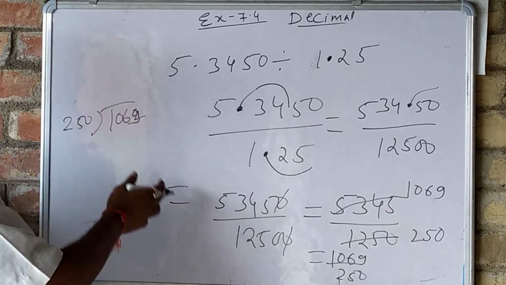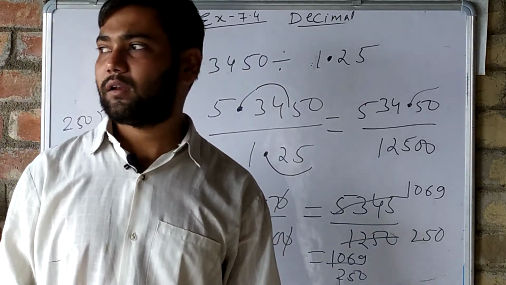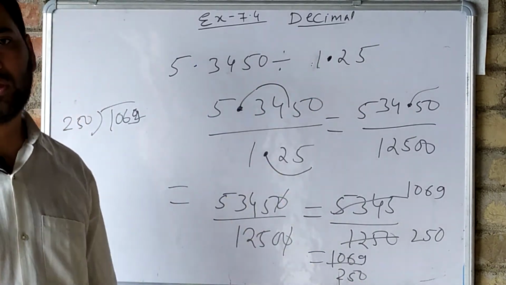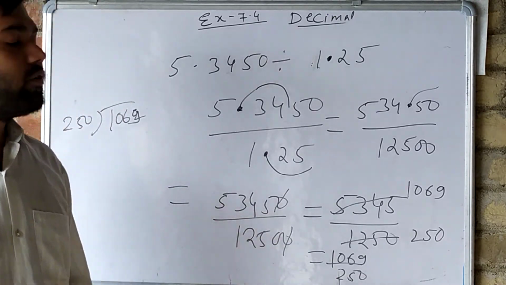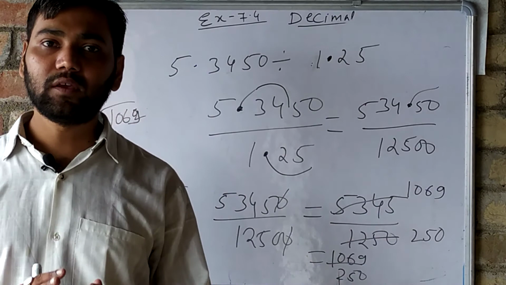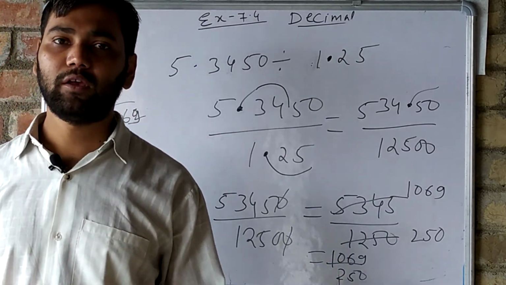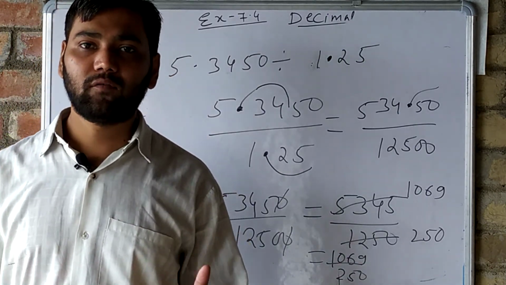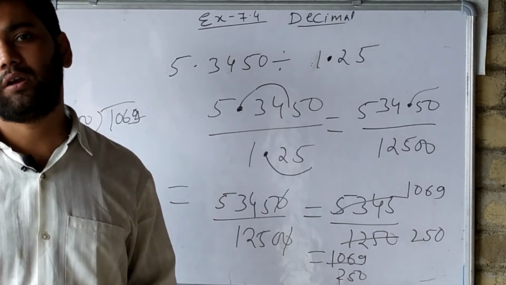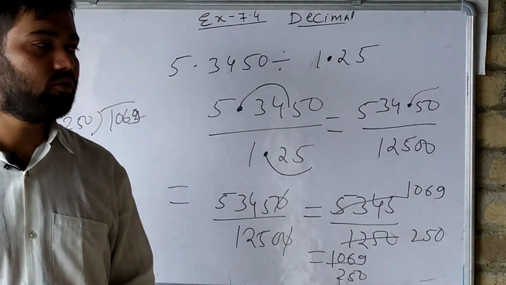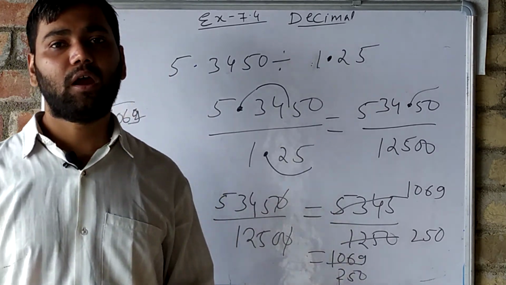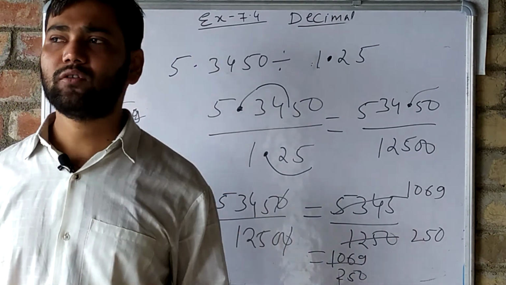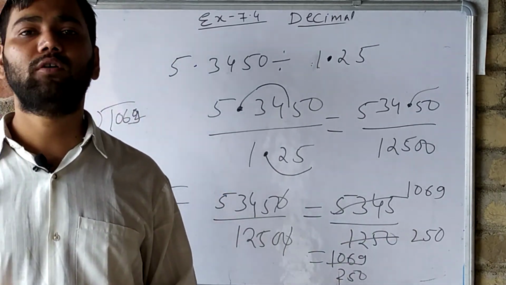So when you divide 1069 by 250, whatever the answer will be, that will be the answer of this question. Like this only we have to do division. Okay. So in division and multiplication, the shifting case is very important, shifting of decimal. If you learn the shifting of decimal, then division and multiplication is very easy. I have tried to make you learn, and I have explained the shifting of decimals also, and division also, each and everything. So I think it will now be very easy.